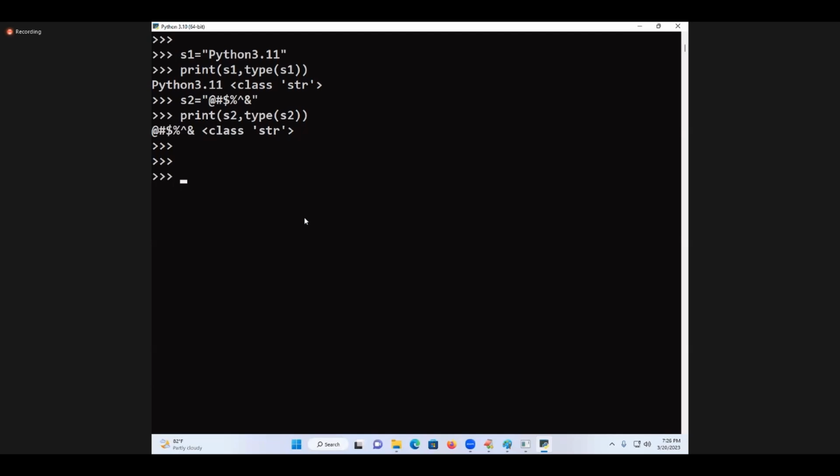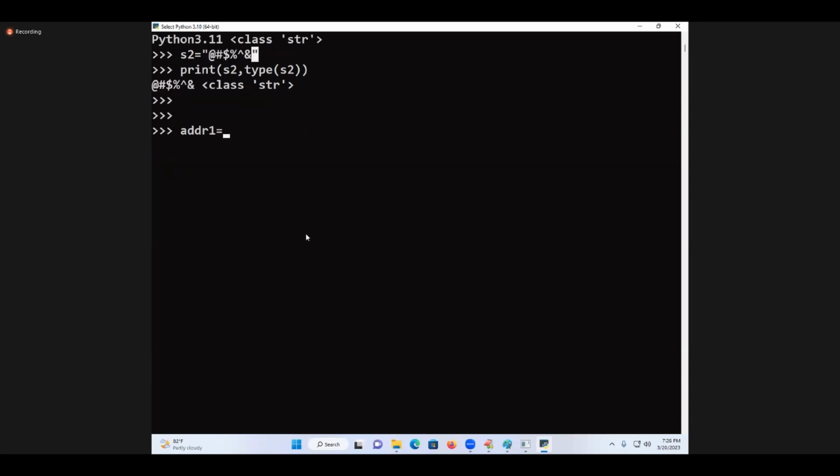Take a requirement: I want to store the address of a person. An address contains how many lines? Three or four lines, more than two lines will be there. ADDR1 is equal to, within double quotes, I will write,